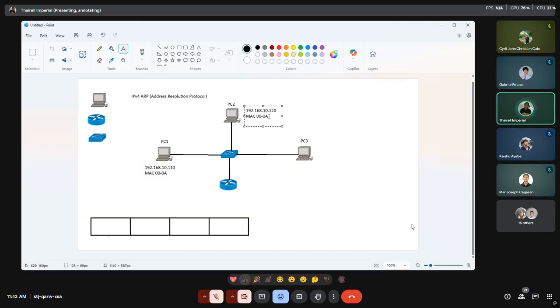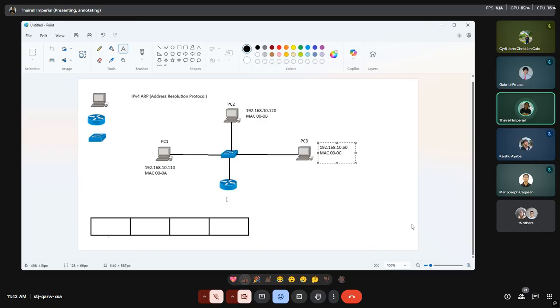Then here, this is MAC address 0B. And then for PC number 3 here, any number should do. That should be 50. And then the MAC address here would be C.